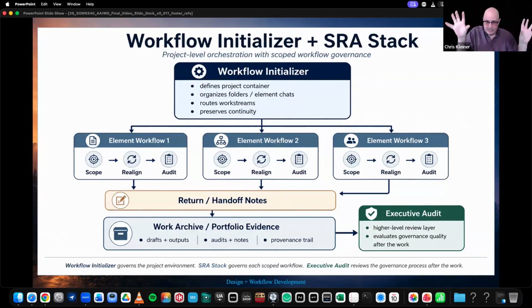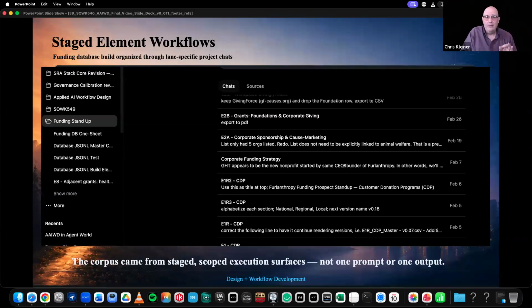But it's basically, let's bring it all in, but we know what was done where, and so we can go check. So maybe part of it's great, but there's one domain that's strange. We go back to that workflow chat, we can check that. We have provenance, we can audit. If we can audit, we can improve, and we can defend.